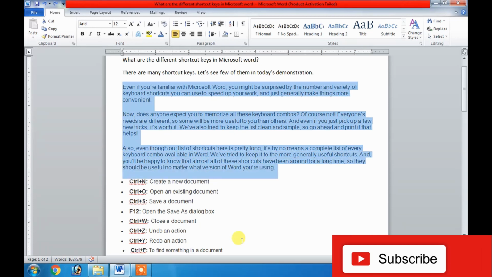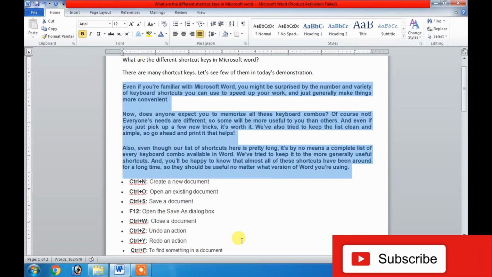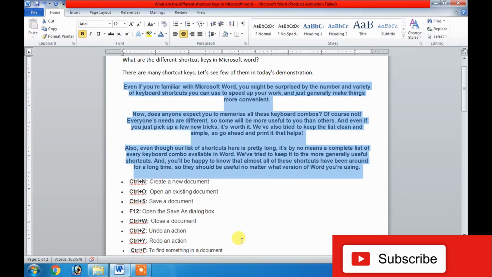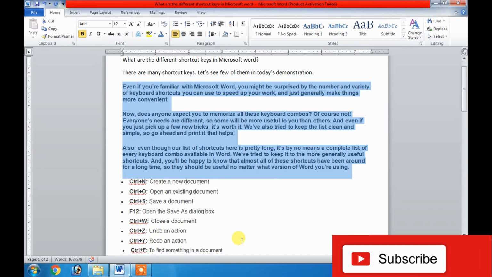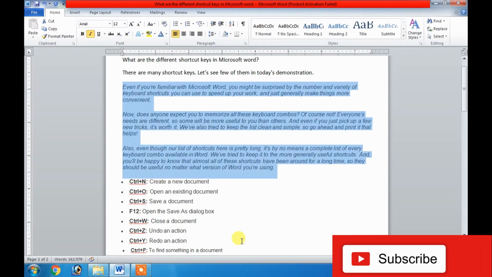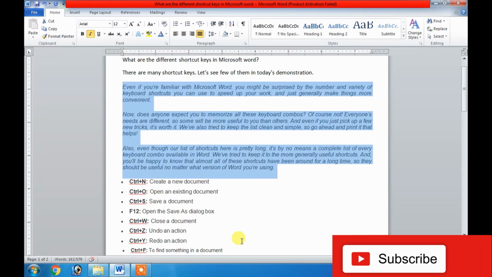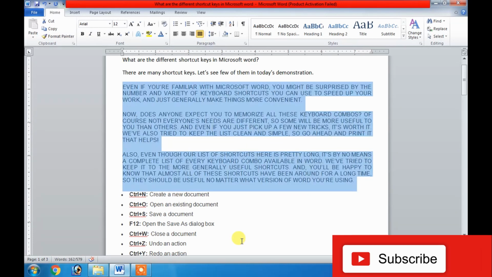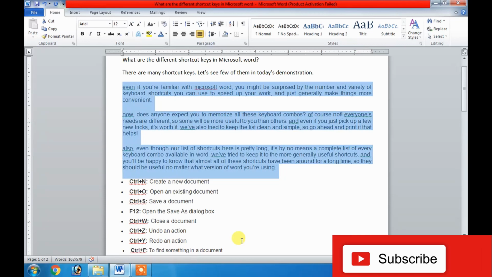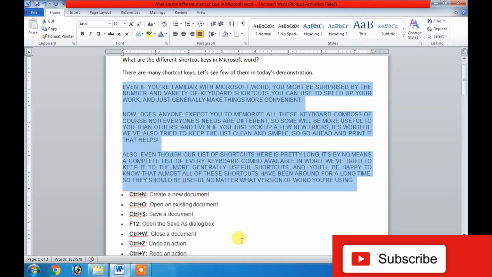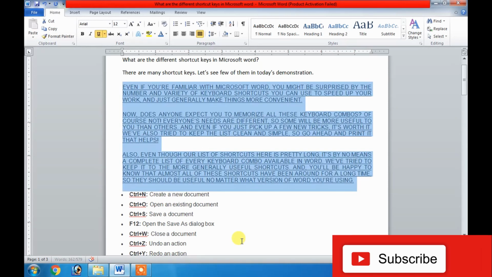Suppose I select it with the help of shift plus down arrow key, control plus J for justification, control plus B for bold, control plus E for center, control plus L for left, control plus I for italic, control plus B for bold, unbold once again, and control plus J for justification, control plus I I have removed the italic, and then shift plus F3 for making all capital, shift plus F3 once again for making smaller, shift plus F3 one more time to make init cap, and shift plus F3 one more time to make everything capital, control plus U for underline.